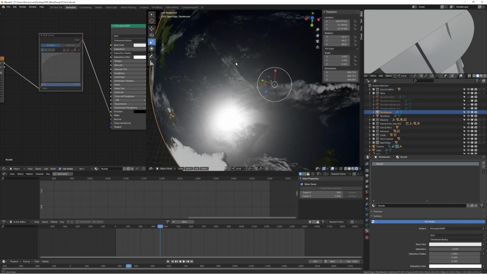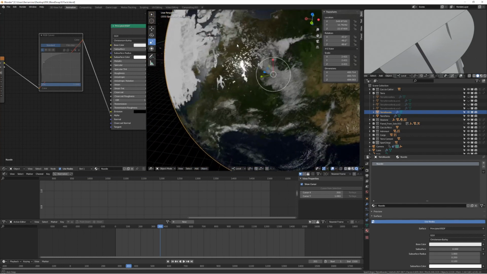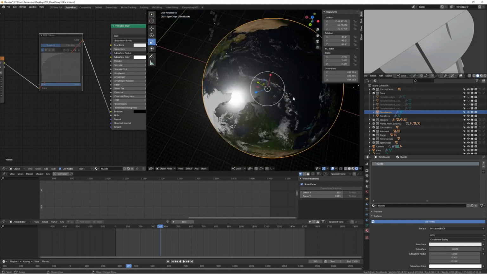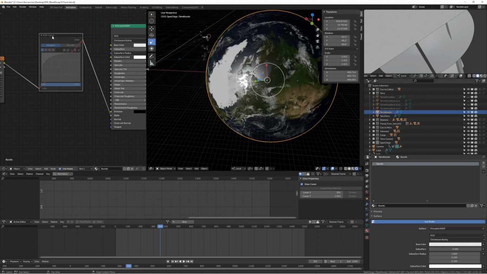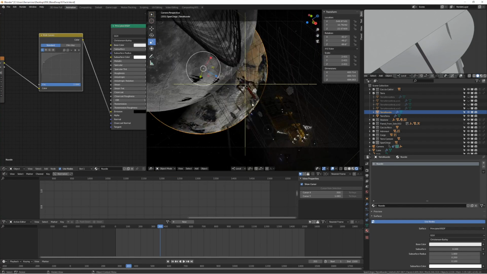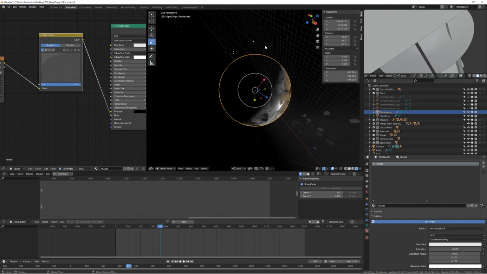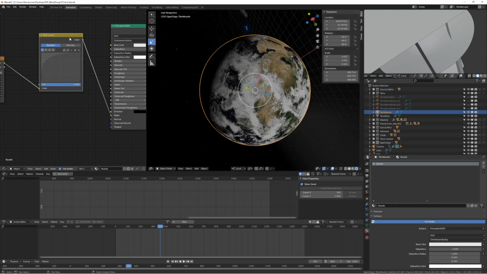I don't know which kind of problem this is, but without this node there are two fewer clouds in my sky. I want more clouds. I think that this is not good. So with this RGB Curves node, I've just modified the intensity to make more clouds. I was looking at this part of the Earth, the one that I'm showing in my video. Maybe what happened with this RGB Curves deactivated was correct, but